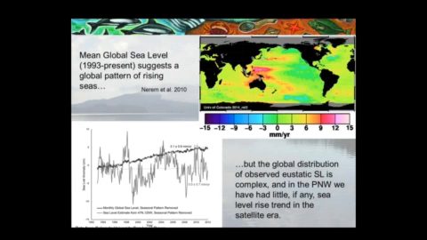This is from the University of Colorado Sea Level Group. And it essentially shows the spatial distribution of the rate of sea level rise over about the last 40 years. One of the interesting things about this map is that it suggests that in the Pacific Northwest, at least, we've had little, if any, sea level rise trend in the satellite era. So in contrast to the global pattern of a significant rising rate of sea level, in the Pacific Northwest, there's little indication that we've had anything that looks similar to that trend. A lot of variability. So at the lower left,